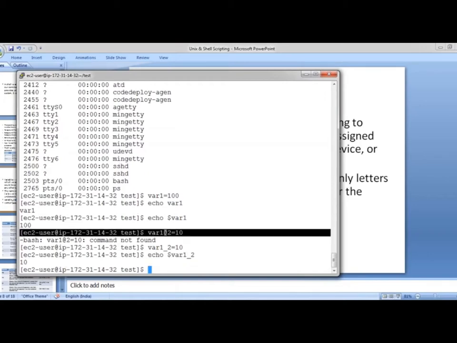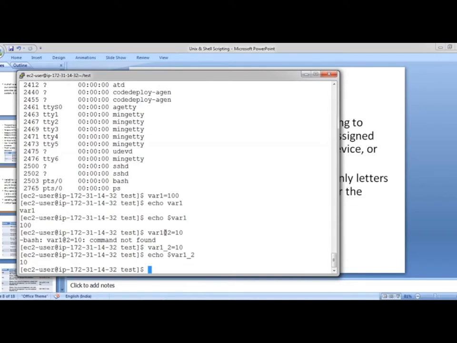But if you give any special character apart from underscore in the variable name, it doesn't accept it. You can give any value to the variable, but not any name. So, clear?